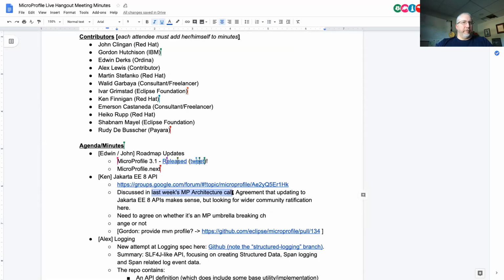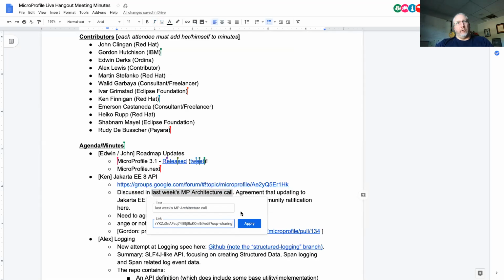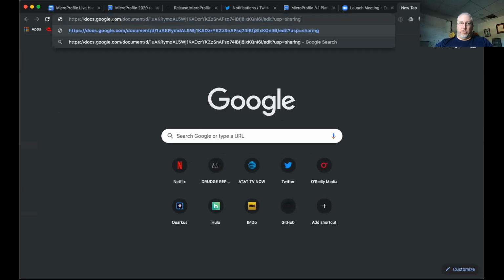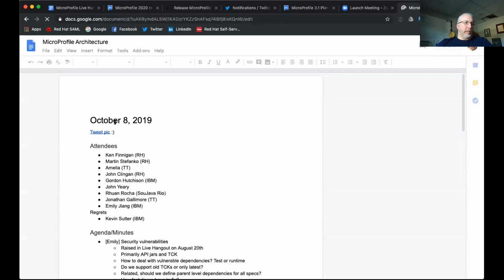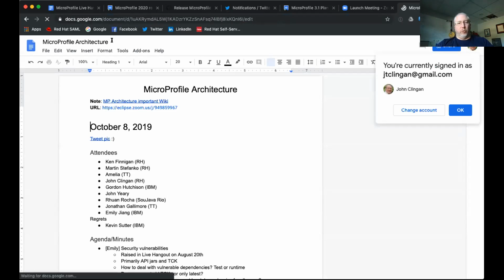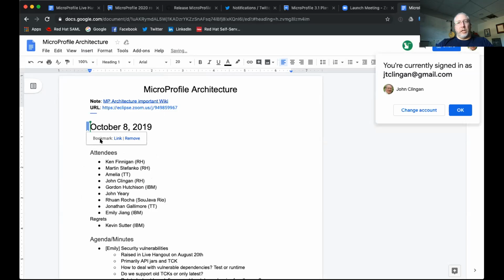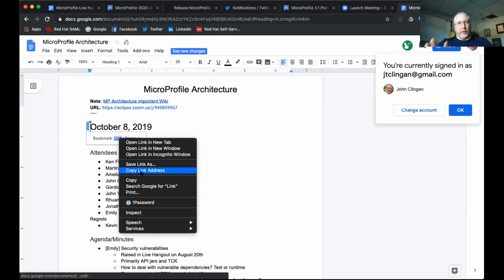Then, as a consequence of that, if we wanted to make the February 2020 release use Jakarta EE8 APIs, it becomes a question of whether the change to Jakarta EE8 is enough to justify a 4.0 or whether a 3.2 is sufficient. The overall view on the architecture call last week was that because the APIs are binary compatible, it wasn't a breaking change, even if it might mean adjusting some dependencies in projects for users, depending on how they've got their project set up.